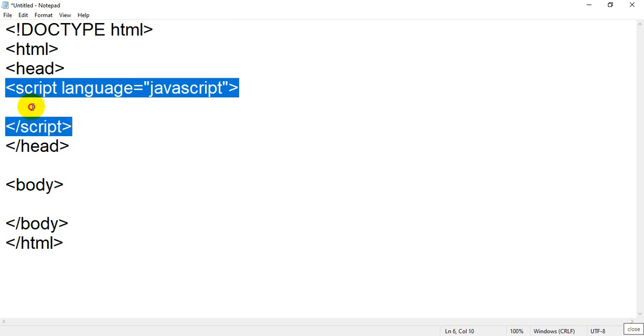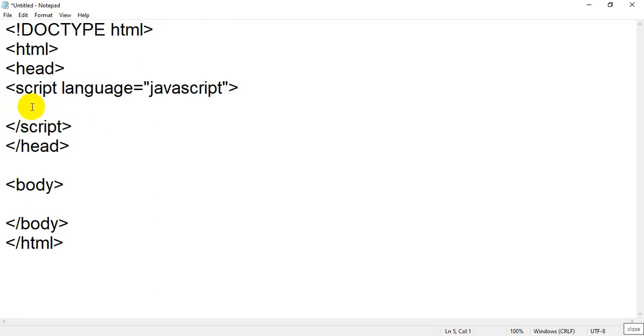Whatever you write between these two script tags will be considered as JavaScript. So our objective is to write a program in which we will perform some function, and that function name is the parseFloat function. So for this I will